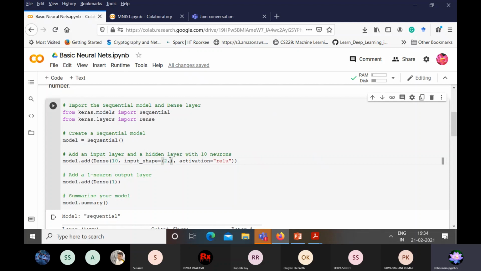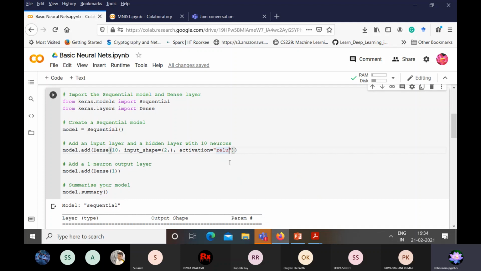That is the way you mention the input shape. And we have 10 neurons in the hidden layer, so we mention 10 over here. For this particular network, I am using ReLU activation. You will mention your activation function, but if you wanted to use a different activation function, you can always change it. From ReLU, you can use sigmoid or any other activation function.